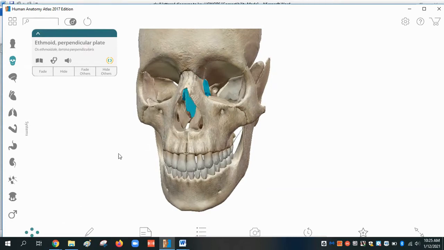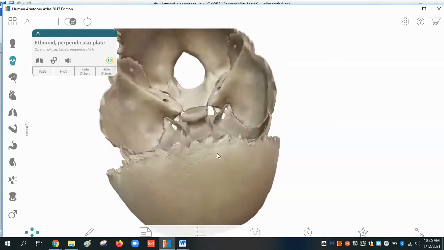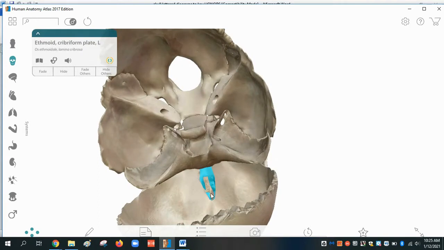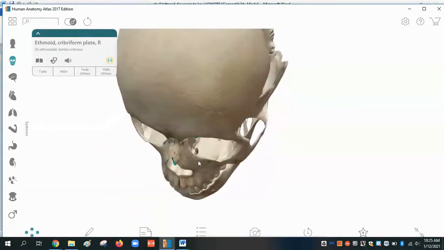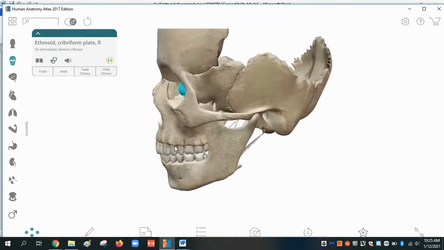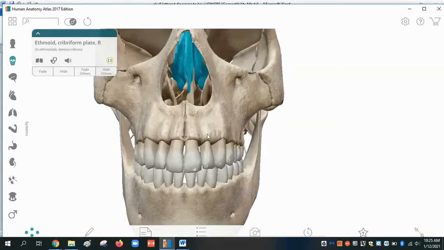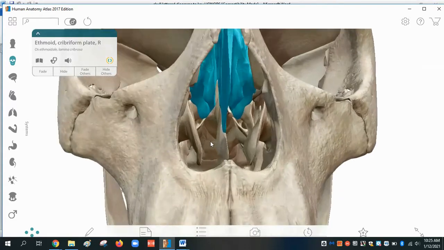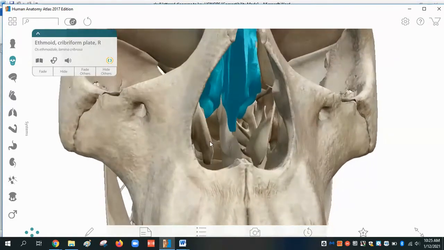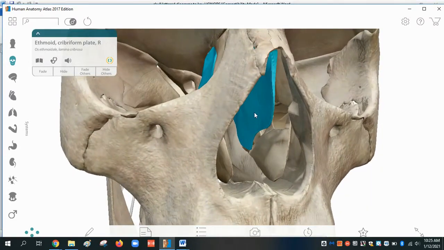And this part is also ethmoid, as well as all of this. I'm not sure why the atlas doesn't like to highlight all of it together. All this is ethmoid. It has a very strange structure. Look at all those lumps and bumps up your nose. Forms part of the nasal septum,